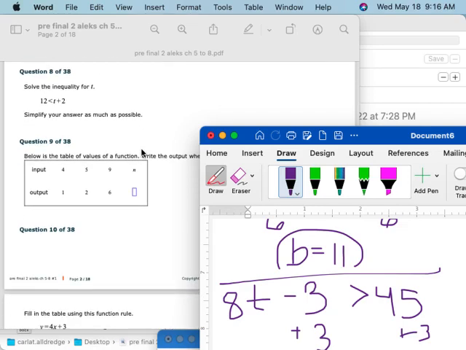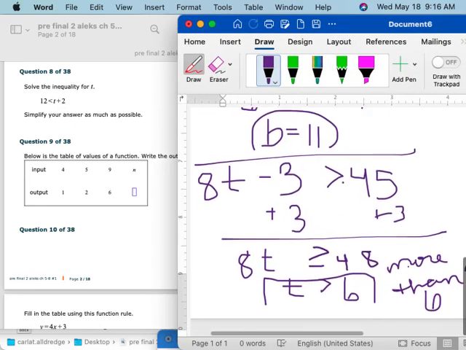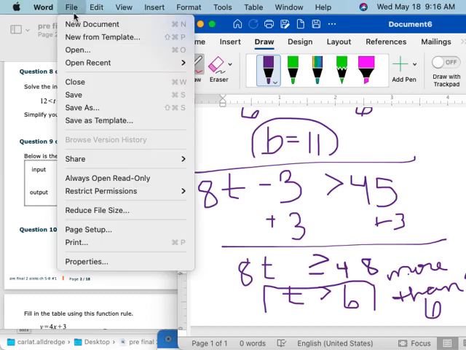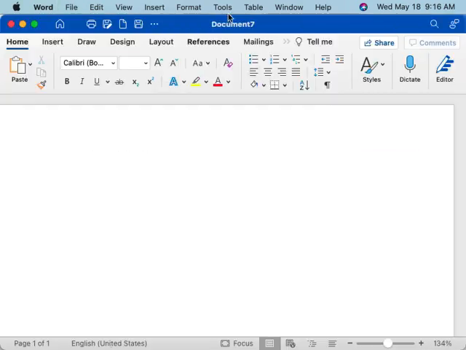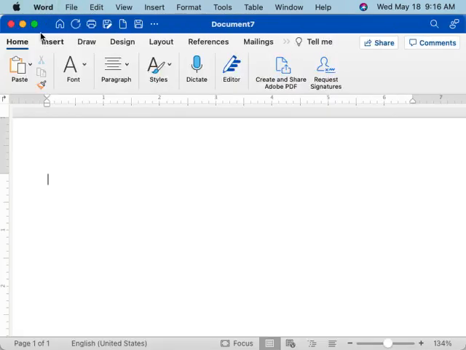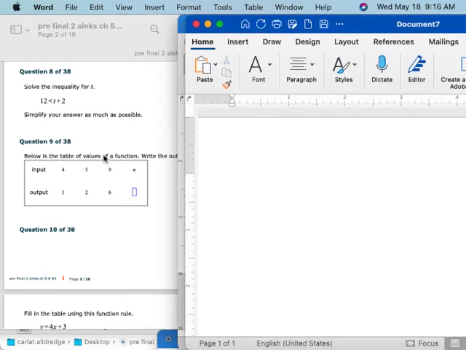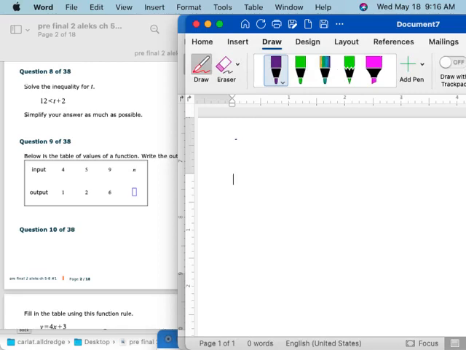Okay, question number 8. Solve the inequality. So now we have one to solve for that they've already given us. So we'll put a new document here and run it over there. So we have 12 is less than